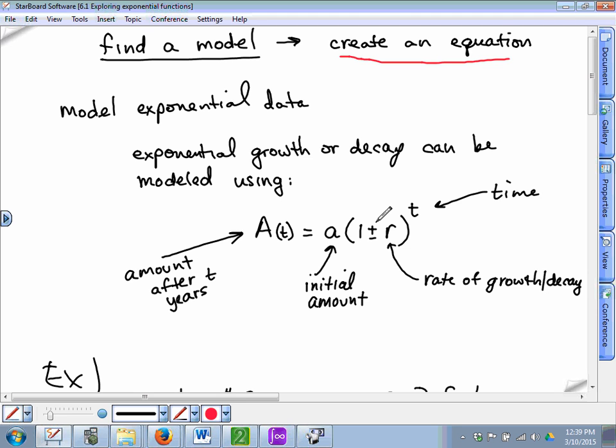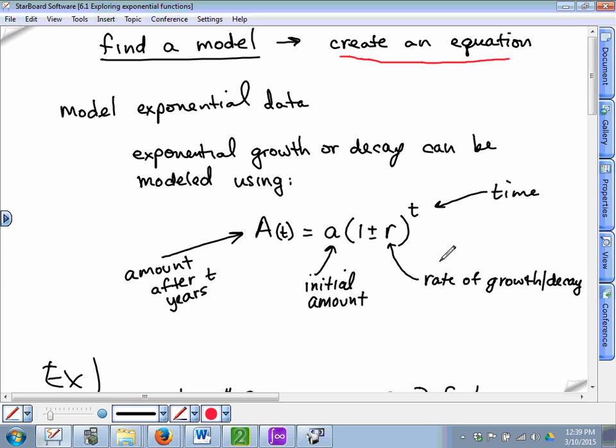Now, you guys aren't going to use the plus and the minus at the same time. It depends on the situation. If it's something that's growing over time, like money in a bank, that's plus. If it's something that's decreasing over time, like the value of a new computer,